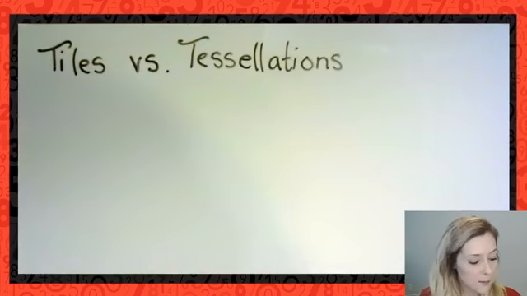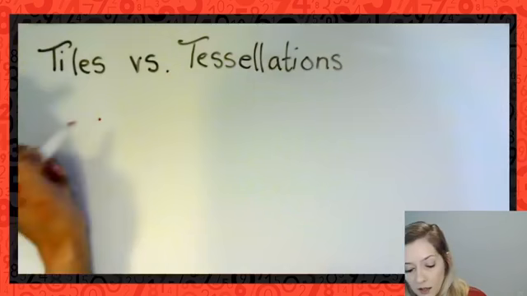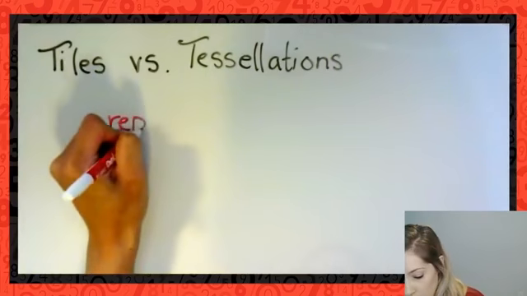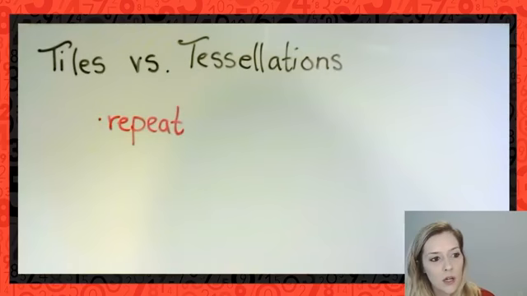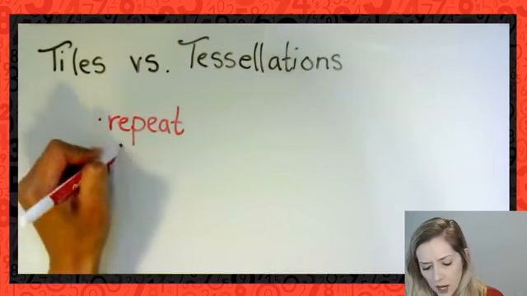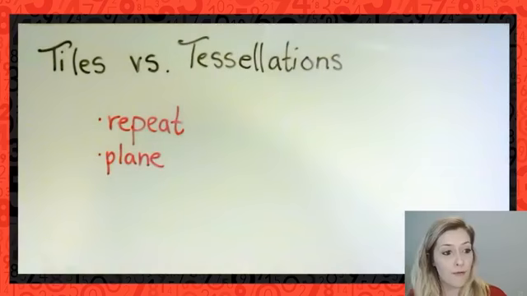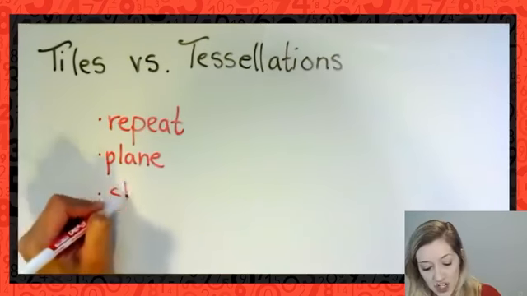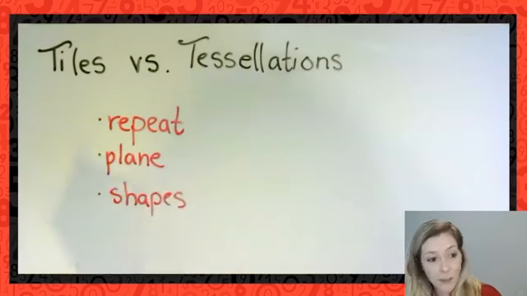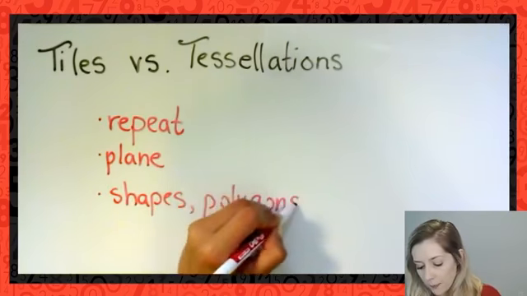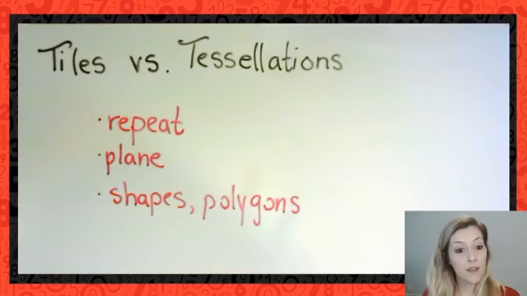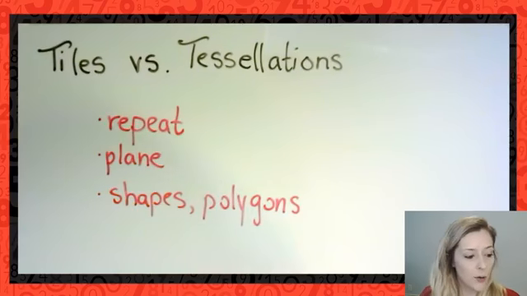But some keywords that might pop up in here are repetition or repeating. Let me just write repeat maybe. I talked about tiling a plane, so possibly you've heard of that before, so we can use that. Maybe shapes, polygons, those are some keywords that'll pop up here. Maybe that gets you thinking about the difference there. So I'll kind of encourage the discussion here, again, before I refresh it one more time, just so I can